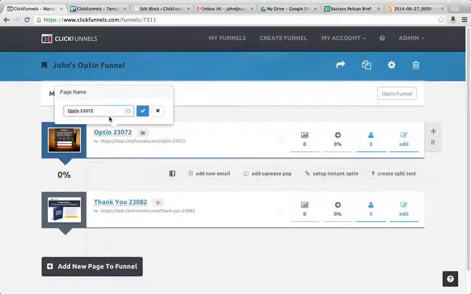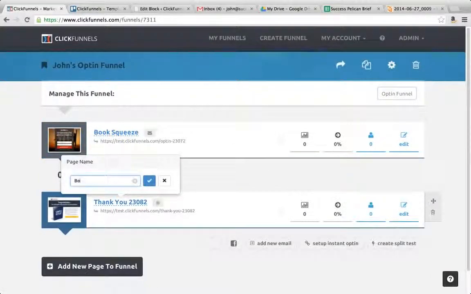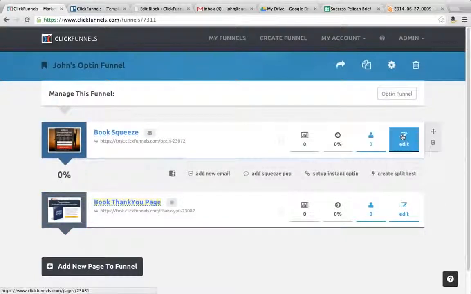First thing we can do right here is edit the name of it. So we'll call it my book squeeze page. We'll call this one my book thank you page. Awesome. So now we're going to go in and we're going to edit